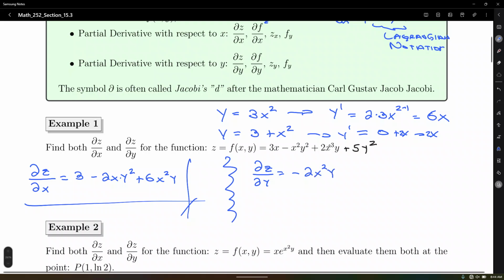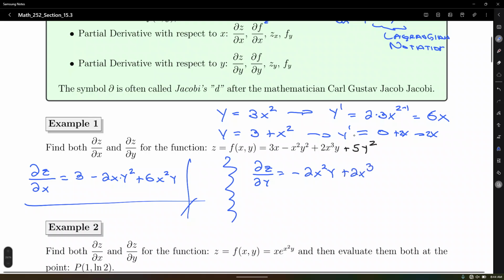For the third term, 2x cubed y. In this case, 2x cubed is just a coefficient. It's just a constant. Yes, there's a variable x, but it's multiplying and it's constant because the x variable is constant with respect to y. So we only need to differentiate y, which is 1, 1 times the coefficient,